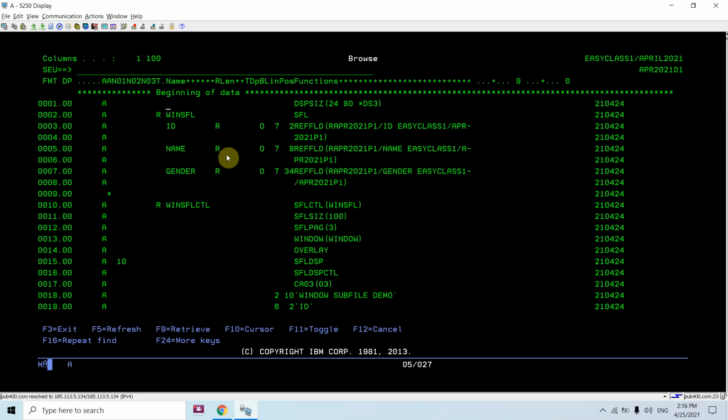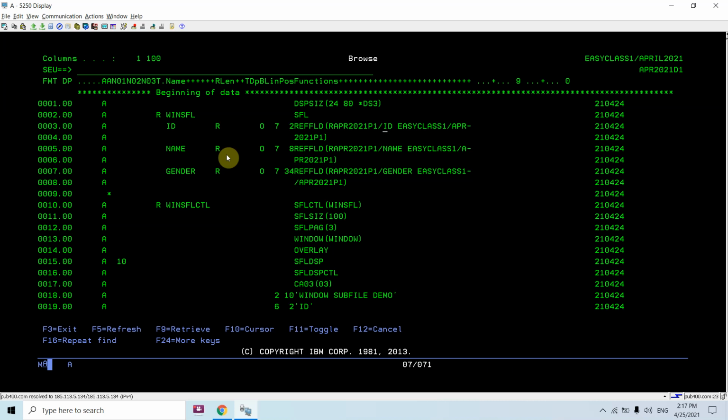When we create the Windows subfile, it's a normal subfile except one difference. You can see this is the subfile format, and since SFL is used with this, it is a subfile format.